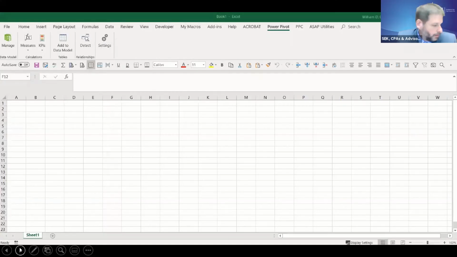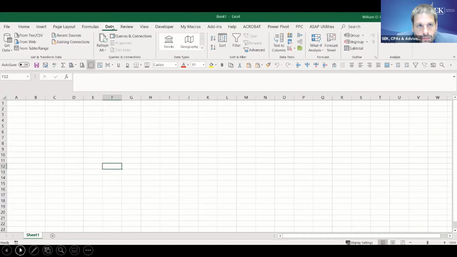Here we're going to look at how you can use Power Pivot to combine different tables with related data into one consolidated table. I'm using census information in our example here because this might be something that you've had to do manually in the past. The first thing you want to do is make sure you have the Power Pivot within your ribbons available. If that's not currently showing up, an easy way to get that is to go to your data tab